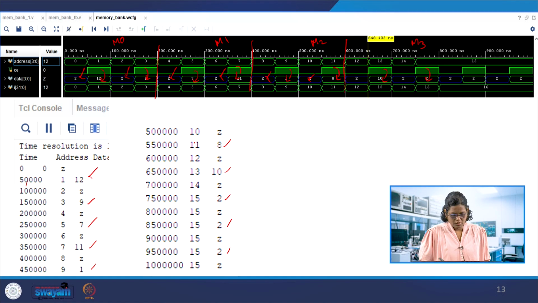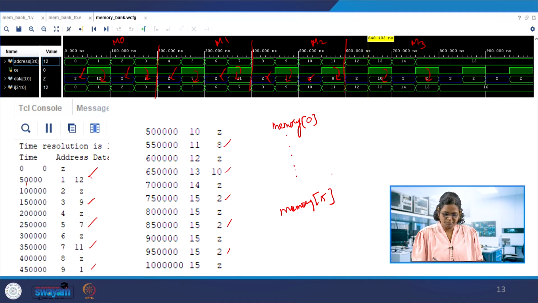Instead of having this, we can have one memory, memory 0 up to 15. It is possible to create a memory like this.